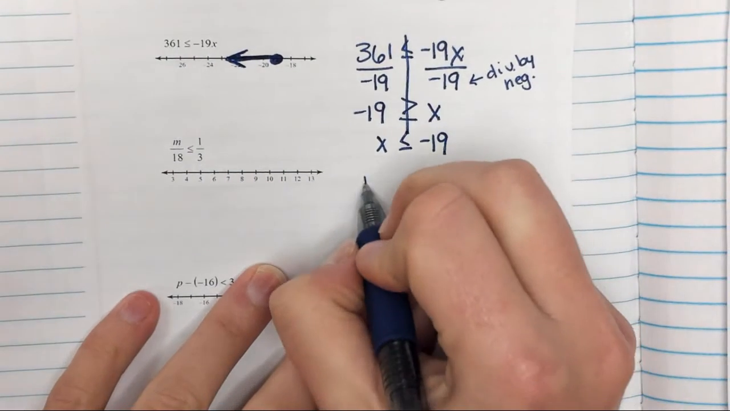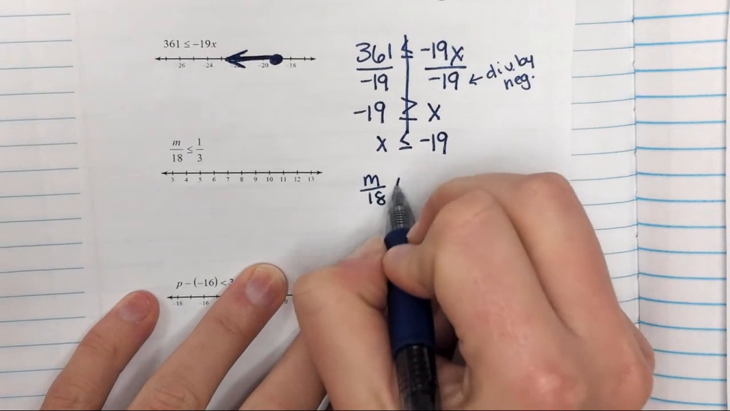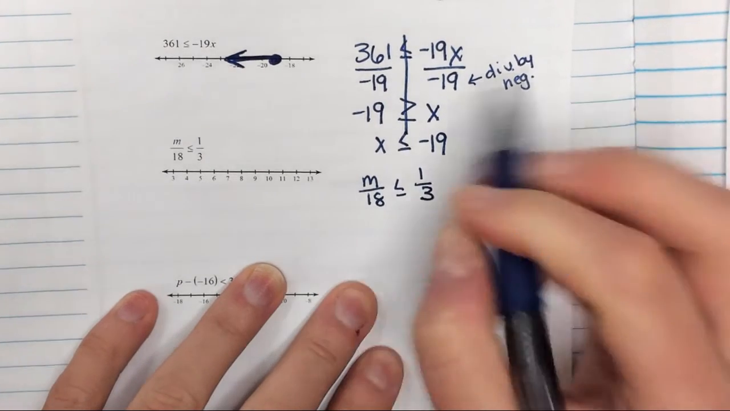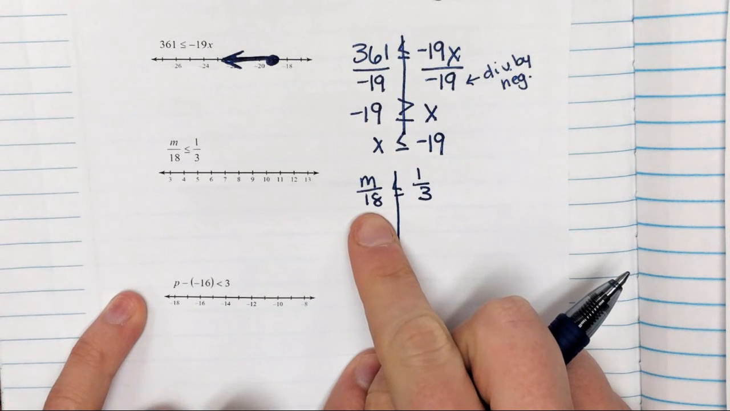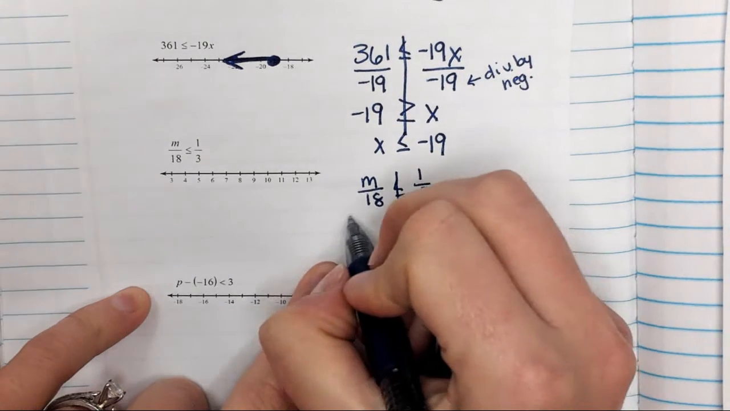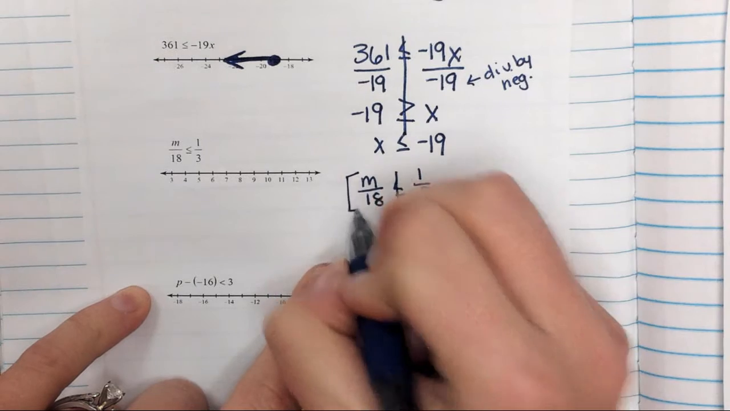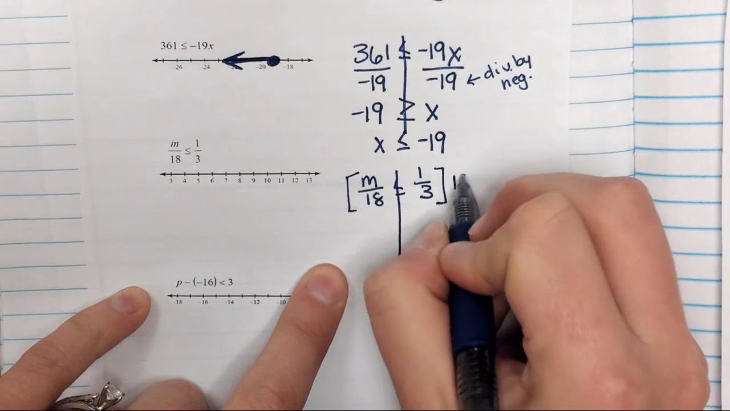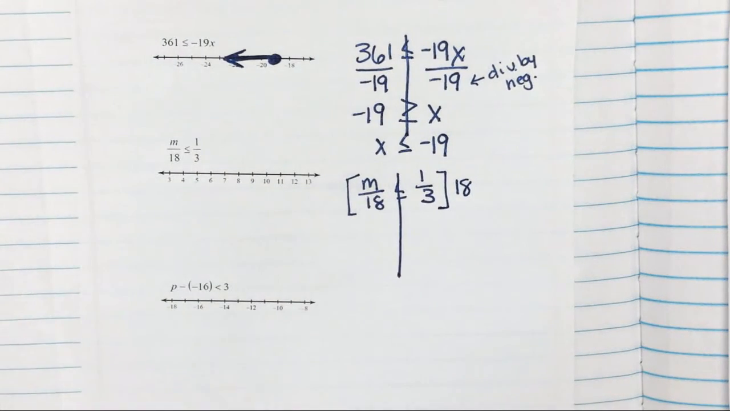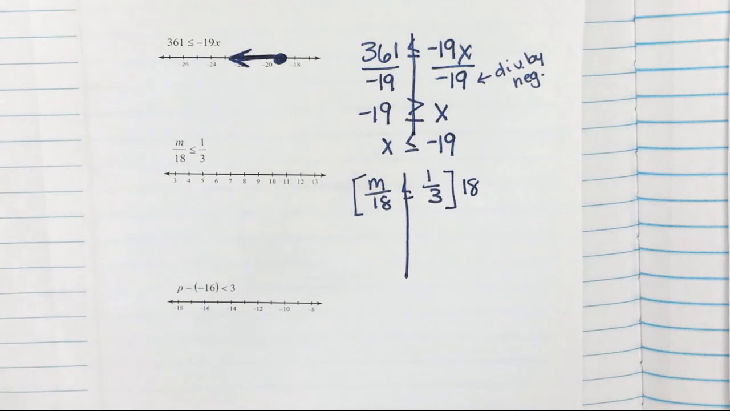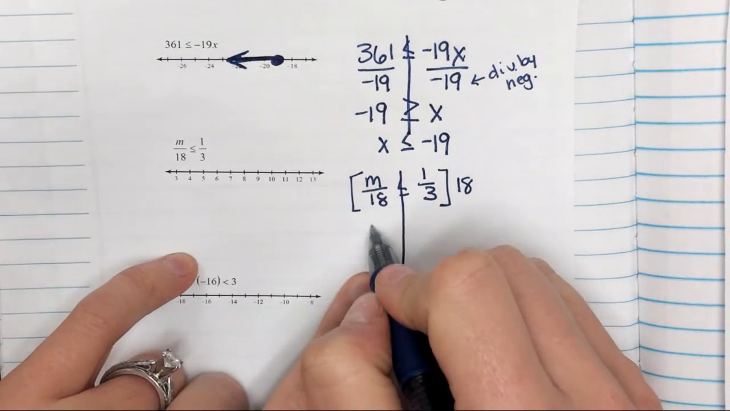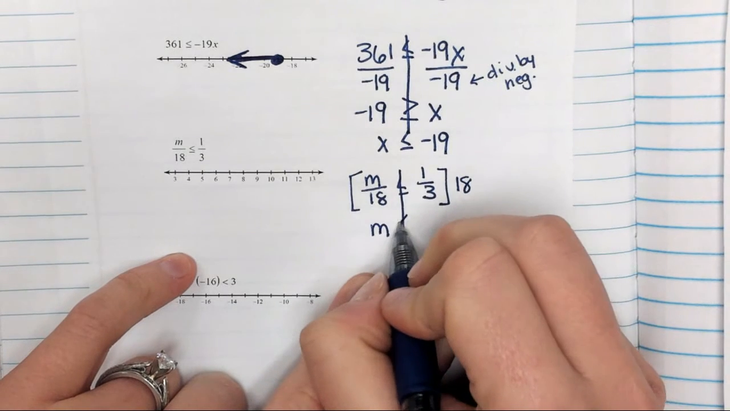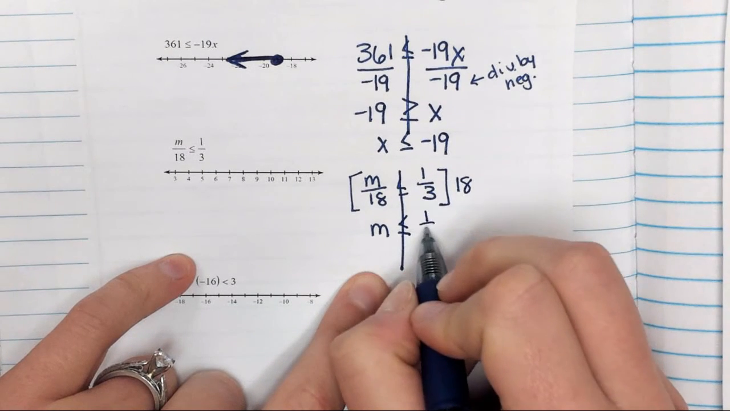Example number 3. I have m over 18 is less than or equal to 1/3. Notice my variable is being divided by 18, so in order to solve that, I'm going to multiply everything by 18. And when I have fractions, I like to write my multiplication in this manner with the grouping symbols or the brackets. So m over 18 times 18 is m, and then that is less than or equal to 1/3